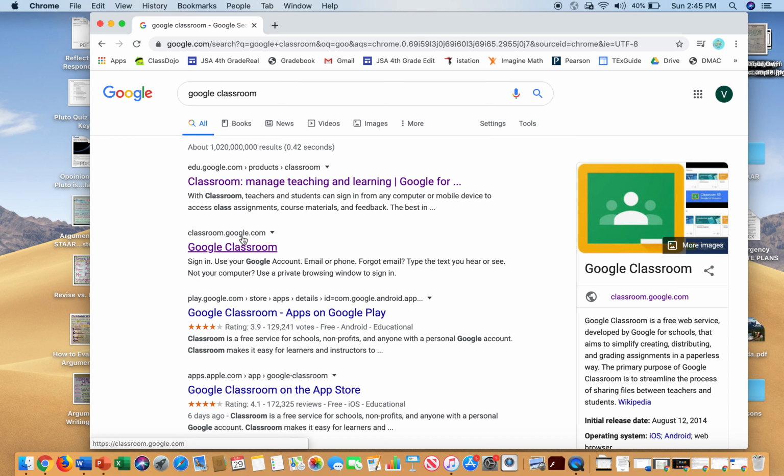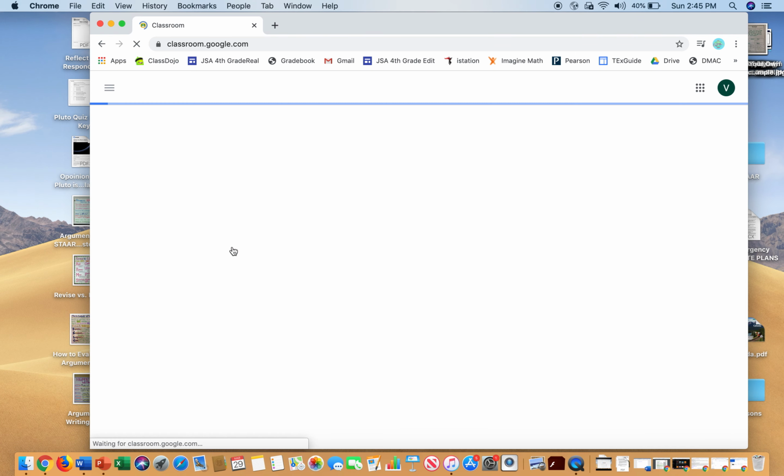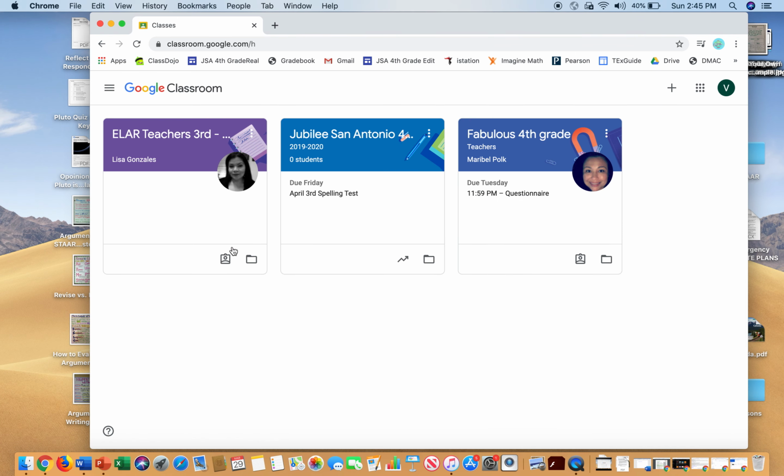Notice it's classroom.google.com. So the link that we're going to give parents is classroom.google.com. And so if I click on Google Classroom, it'll take me to my classroom homepage. These are all of the classrooms that I am currently a part of. This one in the middle here, the blue one, is the one that we will be using for the fourth